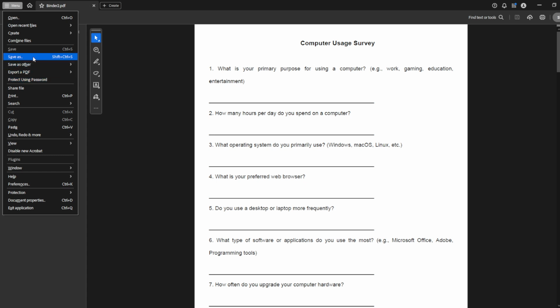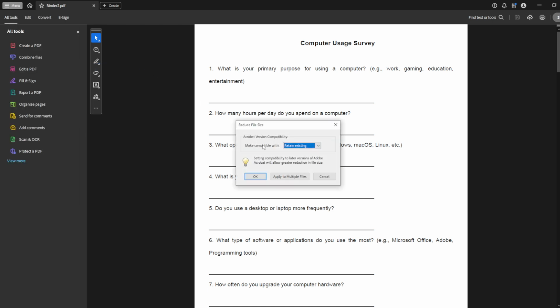From here, you will choose the option that says Save as Other. This selection is important as it offers multiple ways to save your document while providing tools for optimization and size reduction. The next step is to click on Reduce Size PDF. This option is specifically designed to help minimize the file size of your document without compromising its essential content. It's a handy feature for when file size is a constraint, whether that's for email attachments or uploading to a